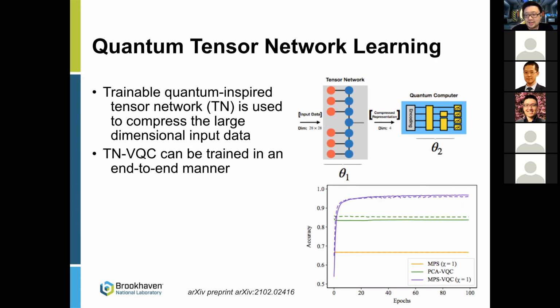So there are some parameters in this tensor network, as well as some parameters in the variational quantum circuit. This model is trained in an end-to-end manner, as in the computation graph that we just showed in the previous slide. The overall model can be trained simultaneously,